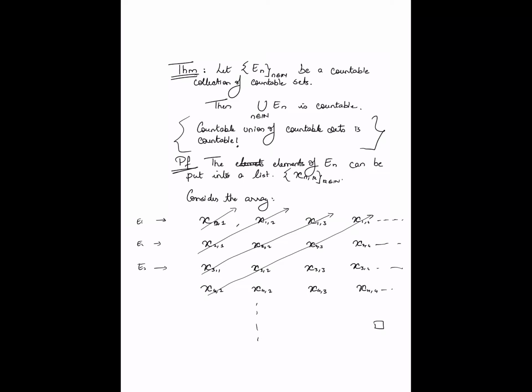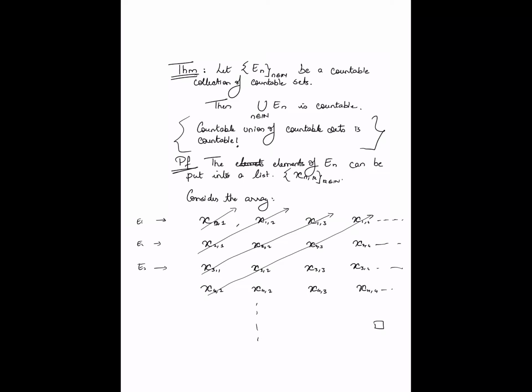Okay, so some of you might worry about what if there are duplications? What if x22 is exactly the same as x31? Well, in that case I'm just going to exclude that in my sweep. It is possible that, for example, E1 and E2 have certain elements in common. We have not said that these sets are disjoint. In that case, just as we did when it comes to the listing of the rationals, I'm just going to omit those elements that have already been seen before in my sweep. But nonetheless, the sweep is still well defined. Every element of the union will show up exactly once in my sweep.